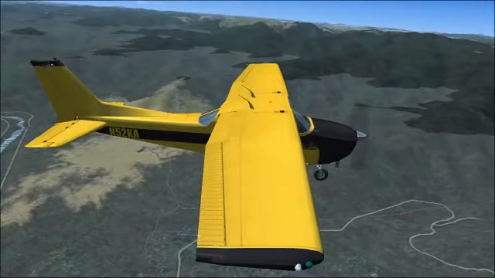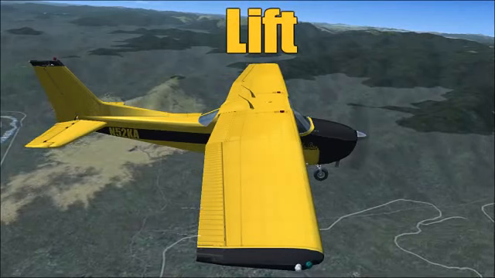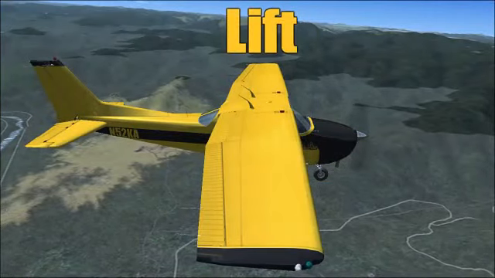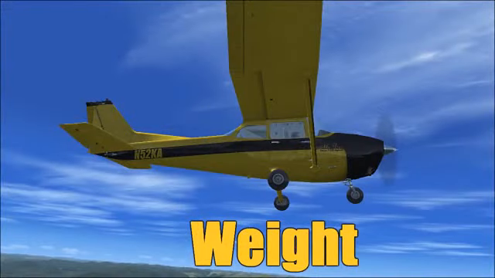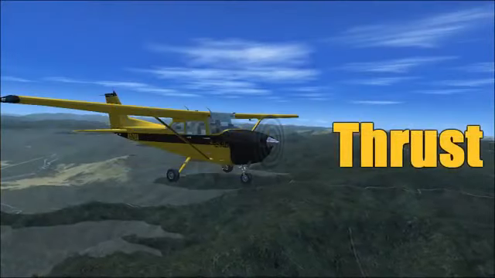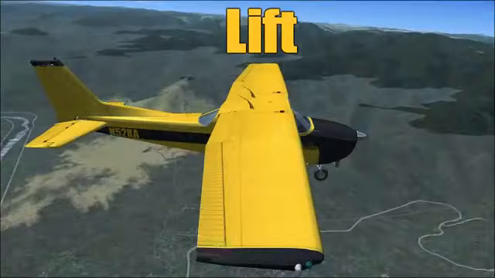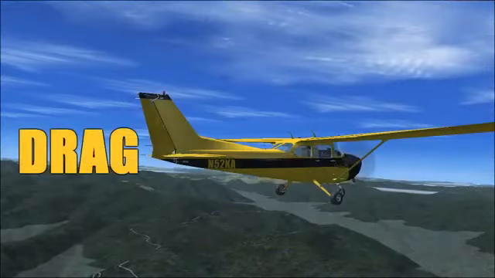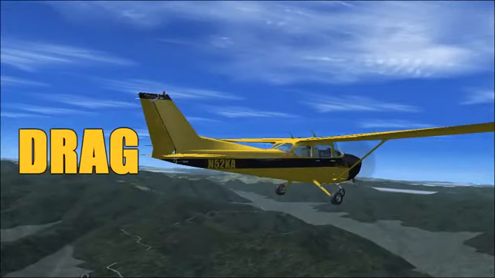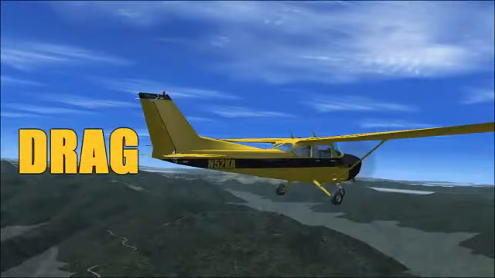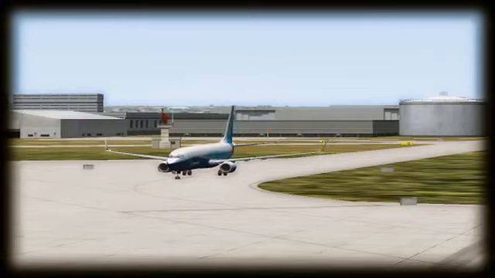Okay, so let's recap. Lift is the force created by the airfoil shape of the wing. Gravity, along with the gross weight of the aircraft, acts as a weight pulling down. The lifting force, pulling up, must be equal to the weight pulling down in order for an aircraft to fly. Thrust is produced by the propeller or jet engine, pulling air through the system and moving the aircraft forward, thus creating more lift on the airfoil. Drag is the natural force of an object resisting movement through a fluid, like air. In order for an aircraft to fly, thrust must be equal to drag. So, the two rules that govern whether an aircraft is able to